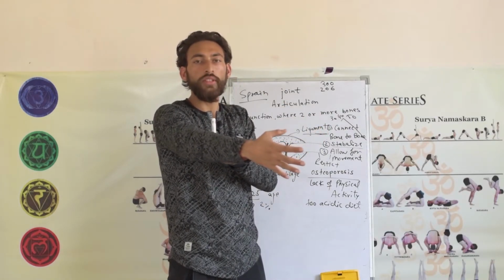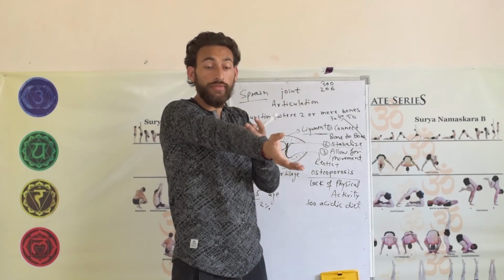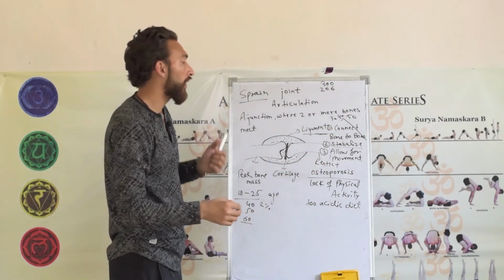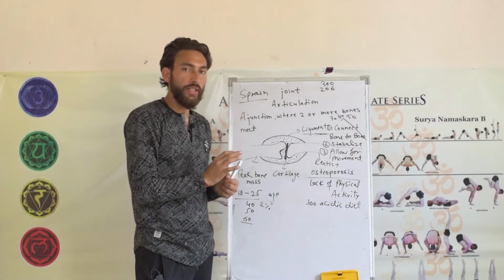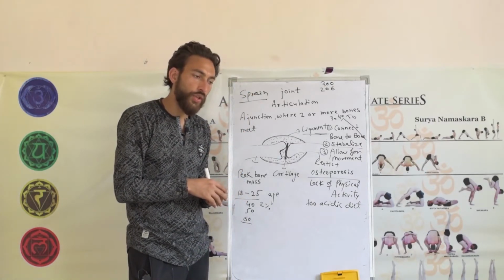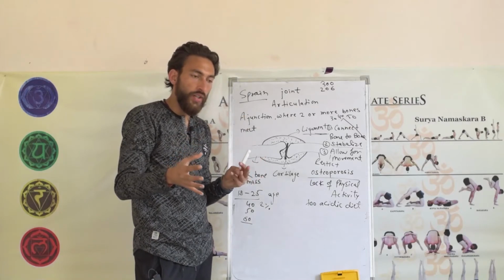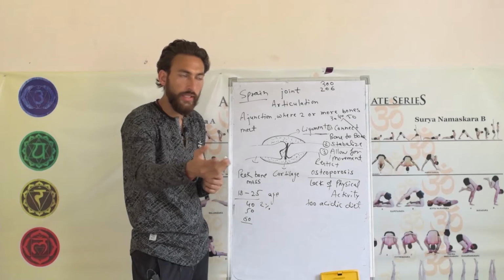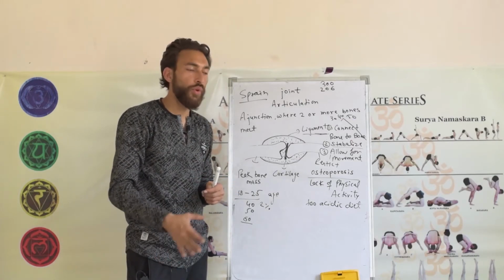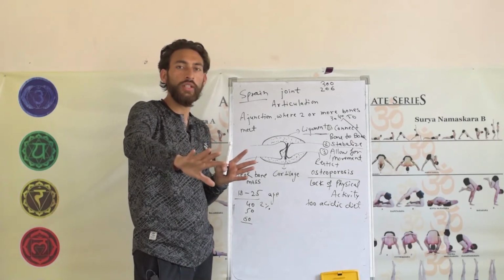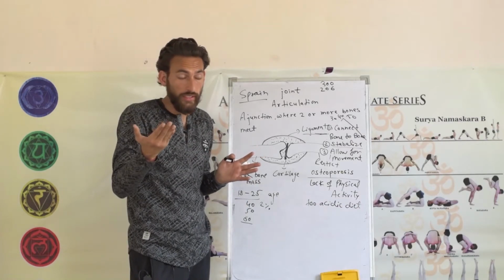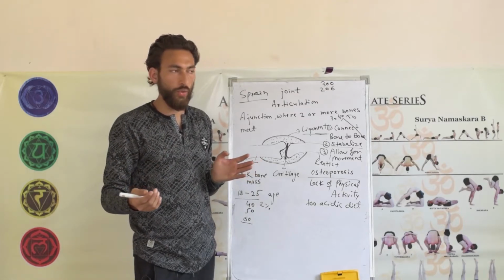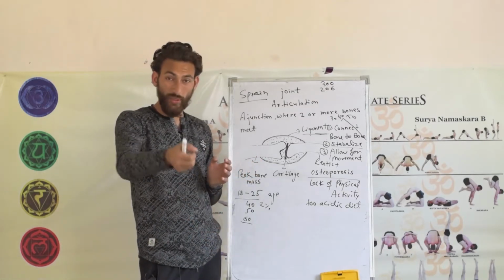You become flexible, but if your elbow is already straight and you try to force it to straighten more, this is the point where the ligament gets stretched. So the ligament will have more tension when your joint has already moved to its maximum and you force it more. Let's say your knee can straighten 180 degrees and you push it to straighten more, which sometimes people do unconsciously while doing a forward bend or one leg forward bend. So they force their knee to the floor by pulling the kneecap up,